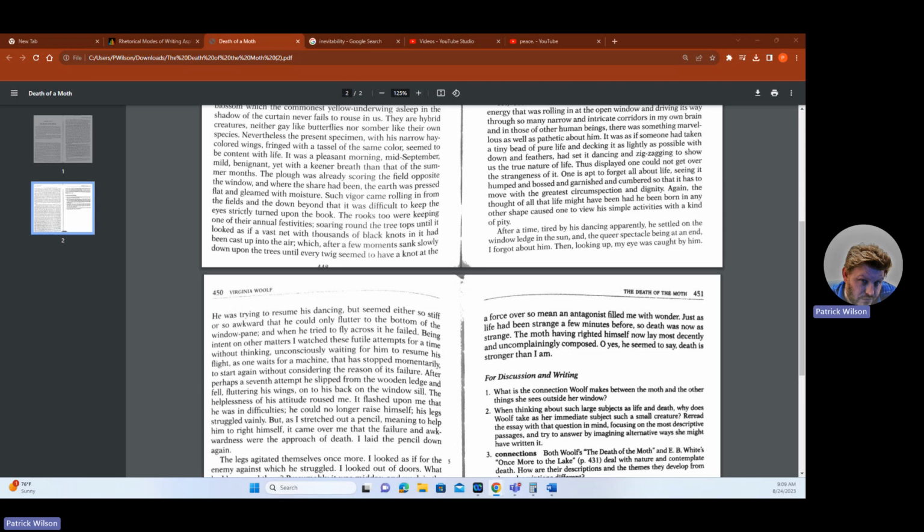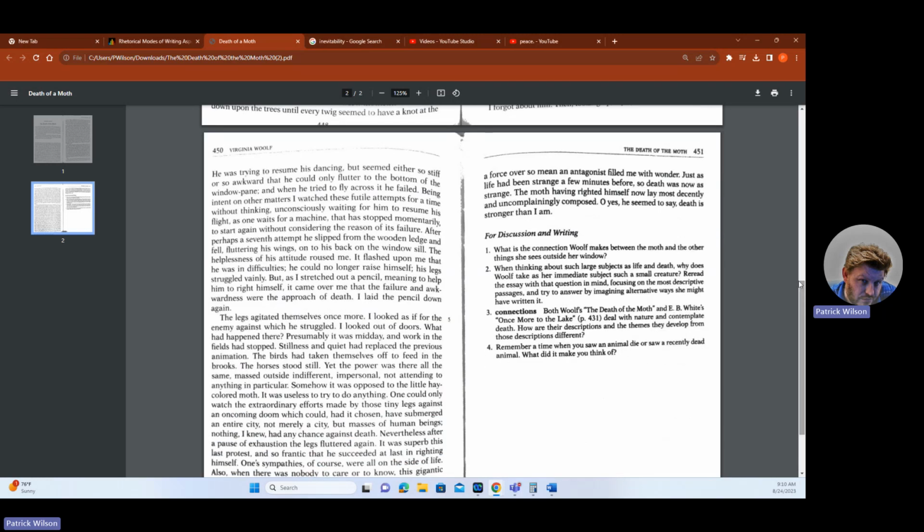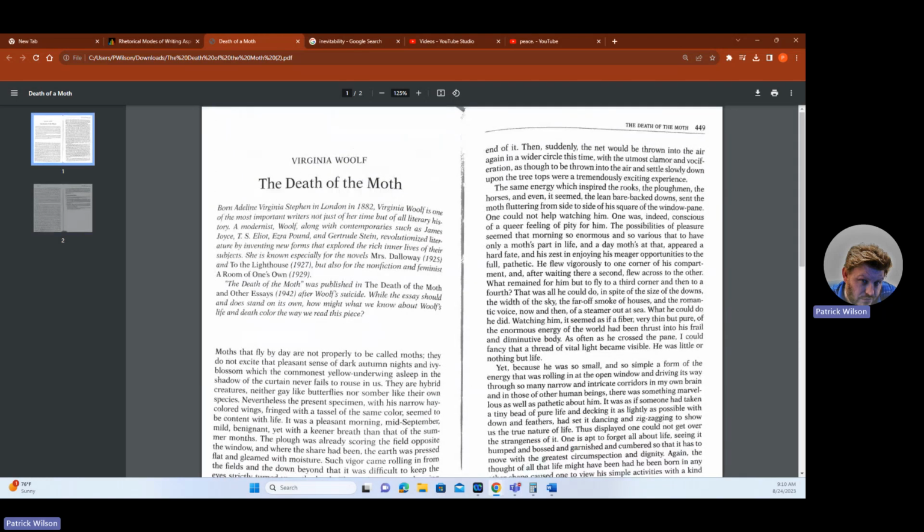Maybe she doesn't feel the need to intervene in the course of nature here, have nature sort of run its course. If we look a little bit more at why this is a really good narrative to start with when we start talking about narrative essays, one is the vivid imagery and descriptive language that Woolf uses throughout this piece. Woolf's essay is rich in descriptive language and vivid imagery. She paints a clear picture of the moth's struggle, the surroundings, and the emotions it evokes.